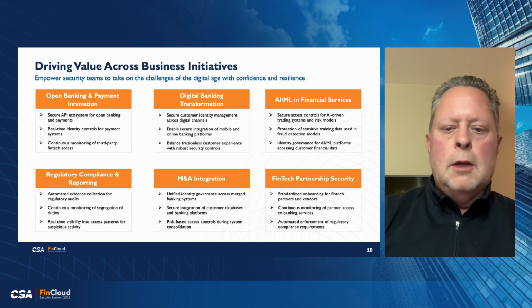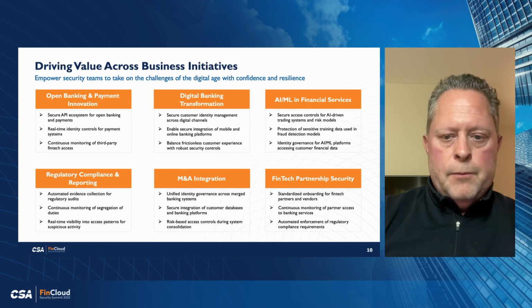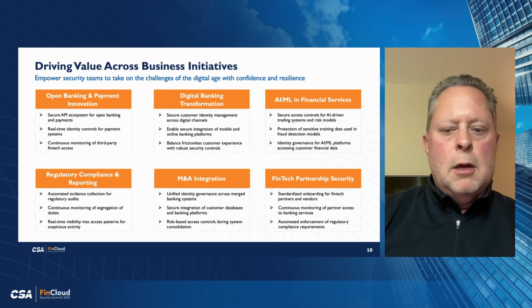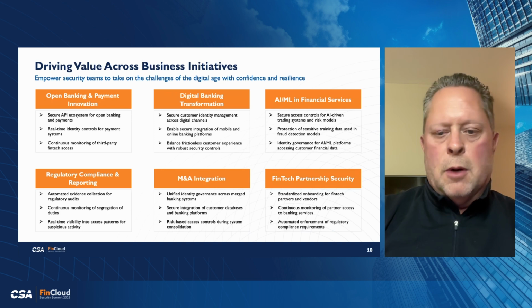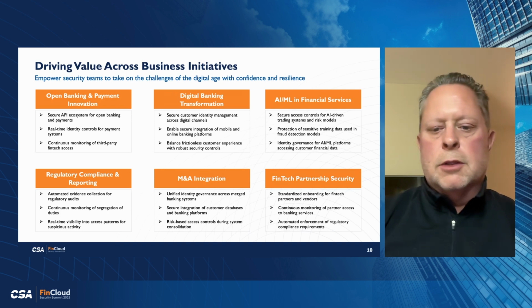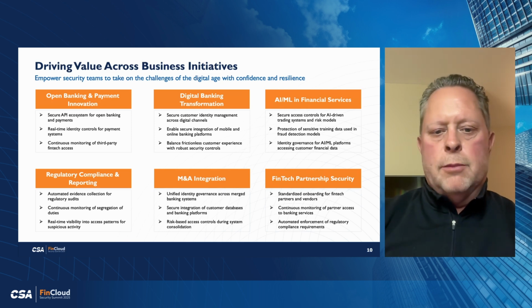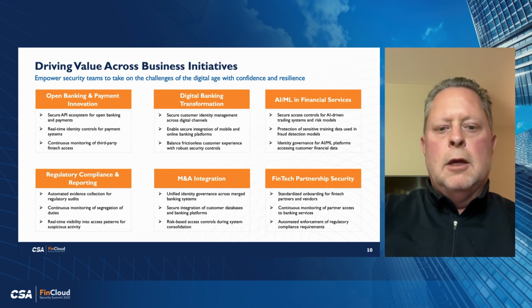And last but certainly not least is our partners. Everything in this world nowadays is partner-driven, partner-rich. You may hear this talked about as your supply chain. Supply chain used to just be about what kind of packages or raw materials you would buy to make your product. But now partnership is a huge element in the digital world. Your outsource partners, your service partners, your collaboration partners, all of those partners that have access to your environment, you're exchanging data with, they're accessing your system, you're accessing theirs. All of that is an important element of making sure that you have the necessary visibility of how that's impacting your identity security overall as well.